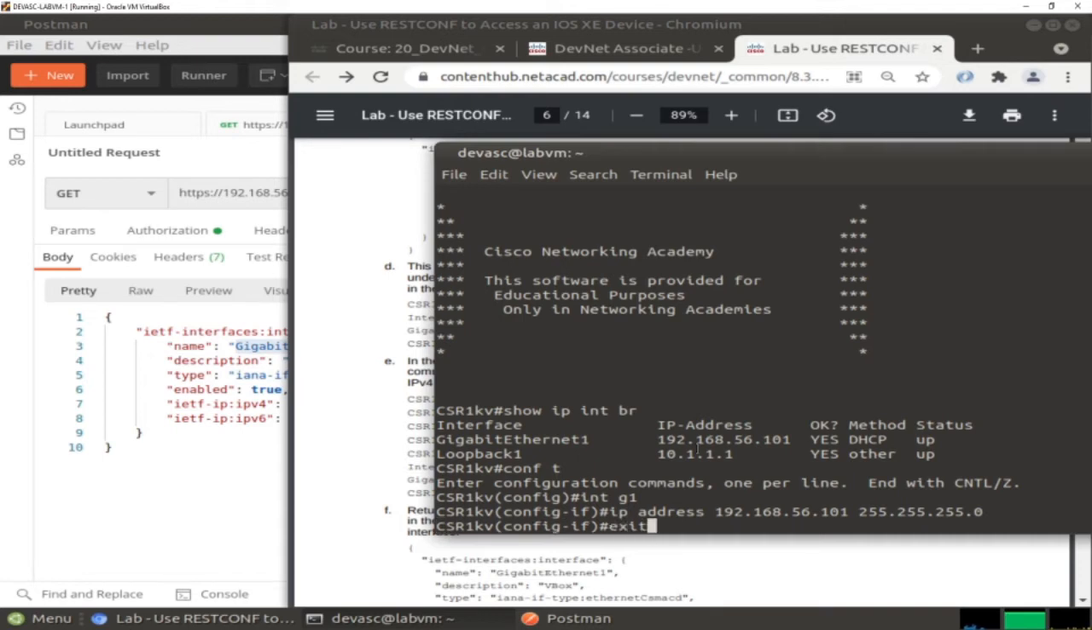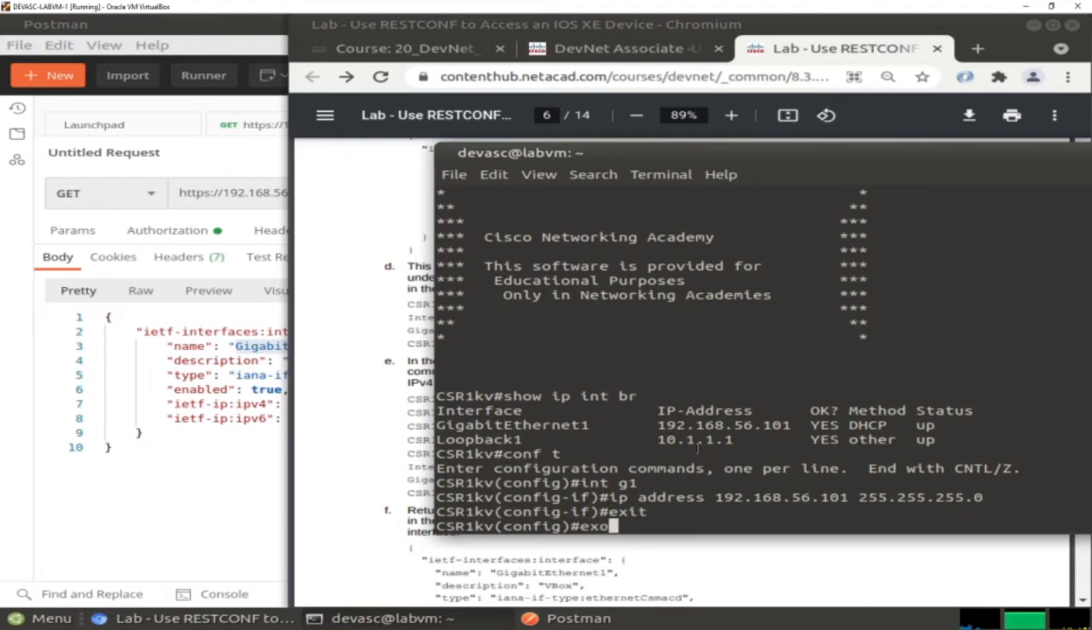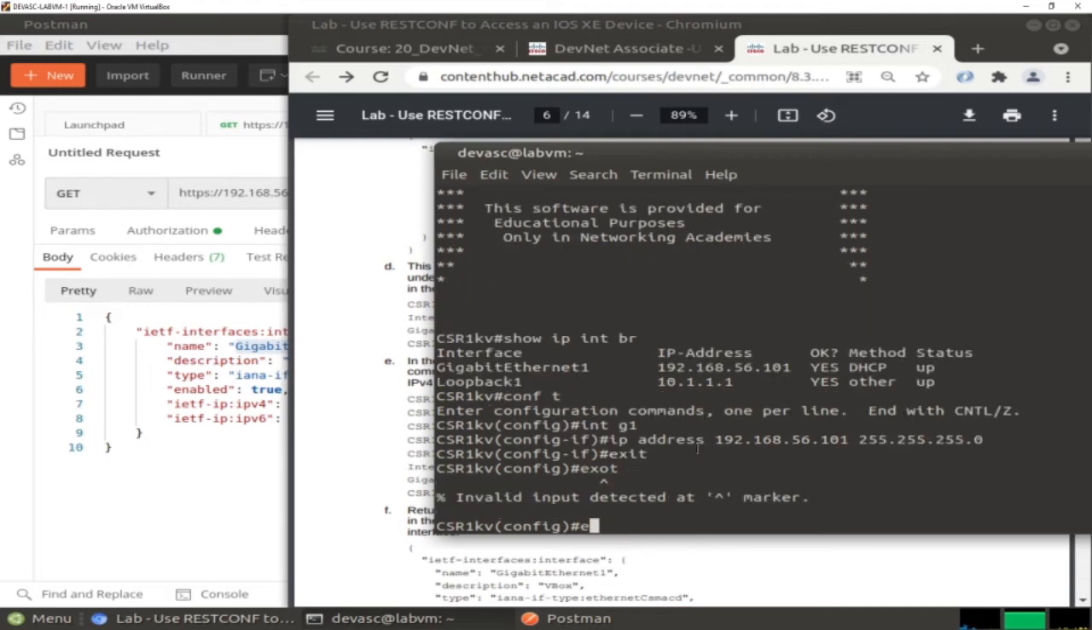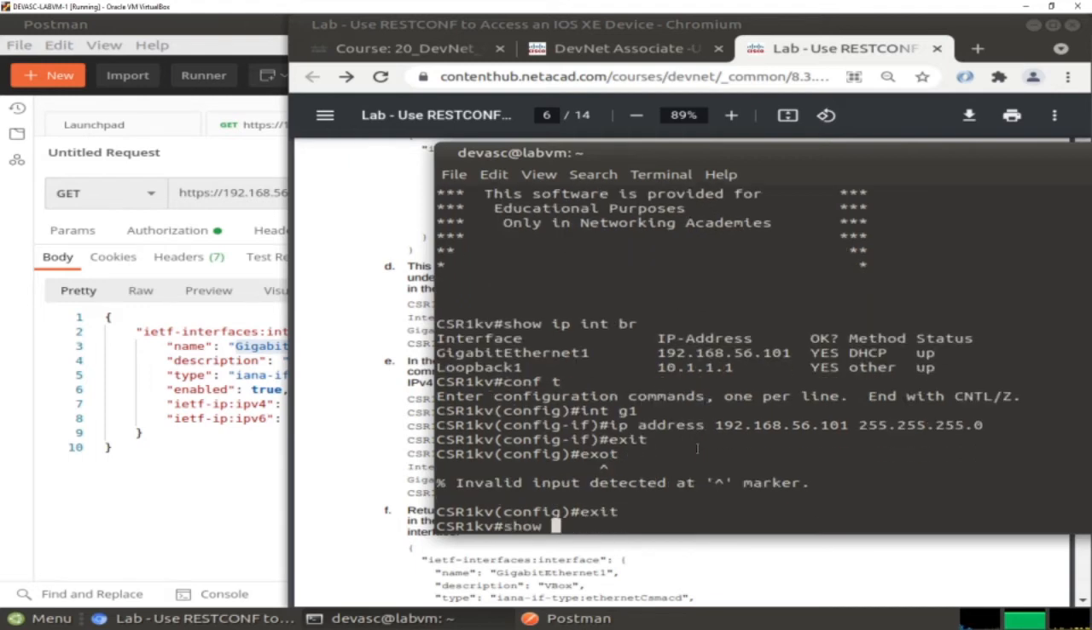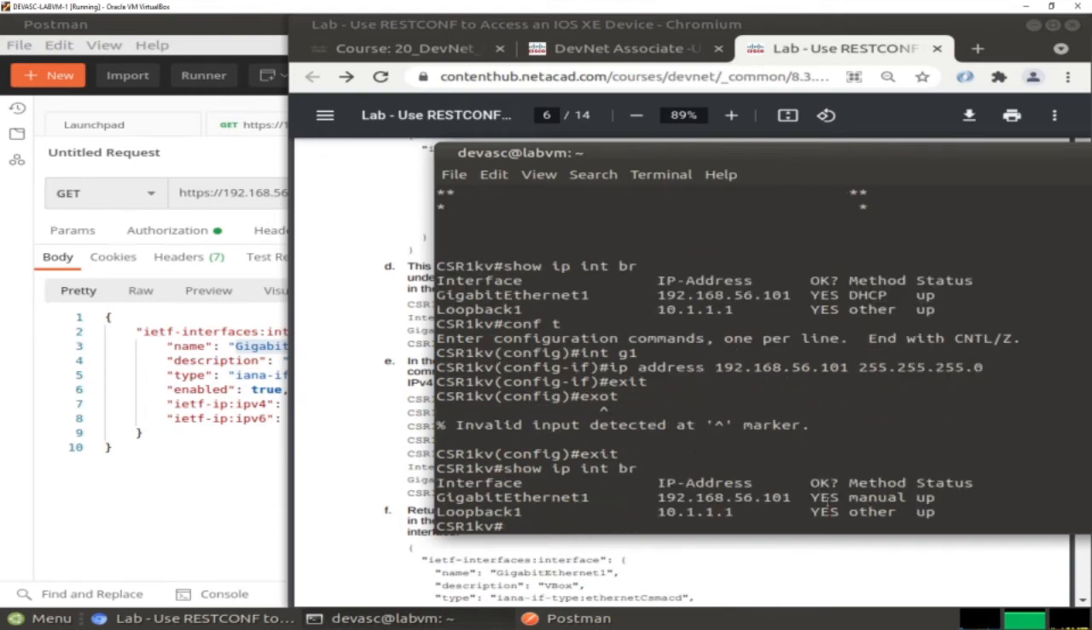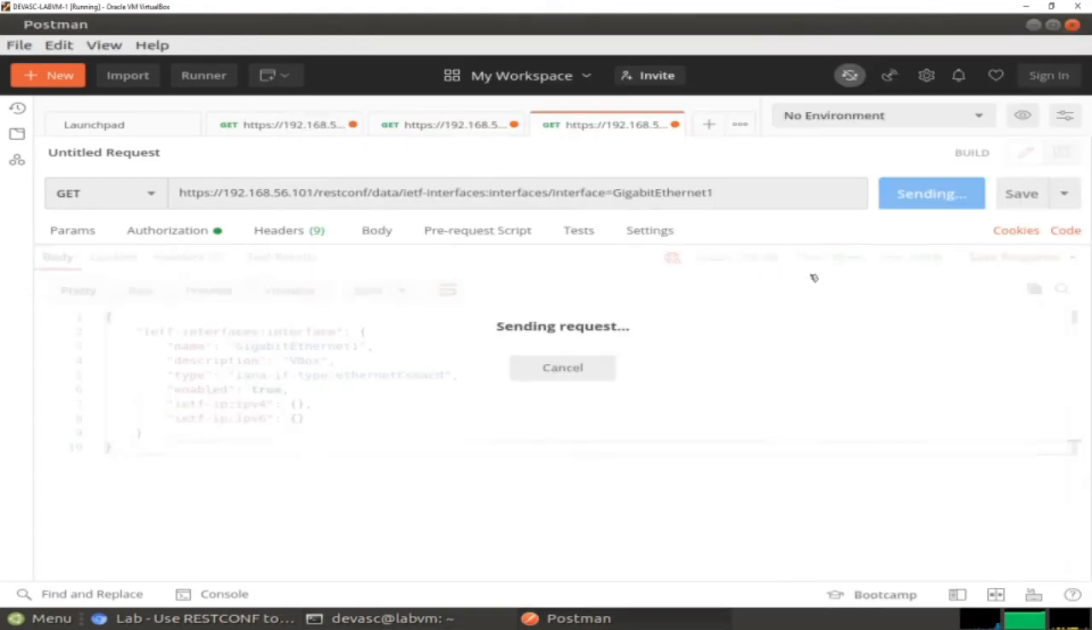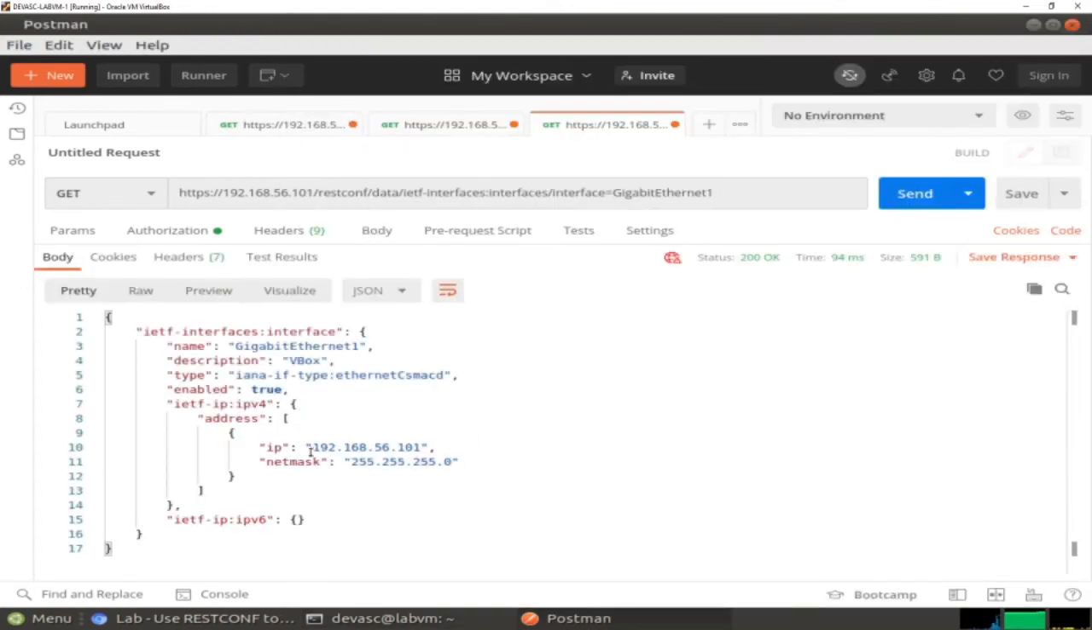And then exit. Again, exit one more time. And show IP interface brief. Here we have the IP address, and here we have manual. Again, let's send again. And you can see here is the IP address, and here is the net mask put